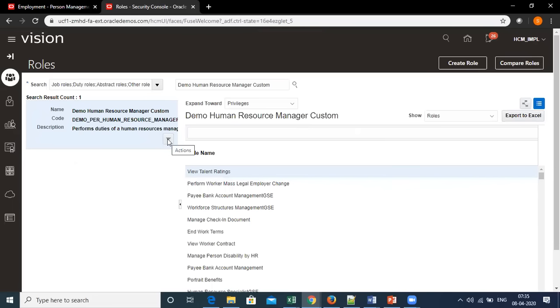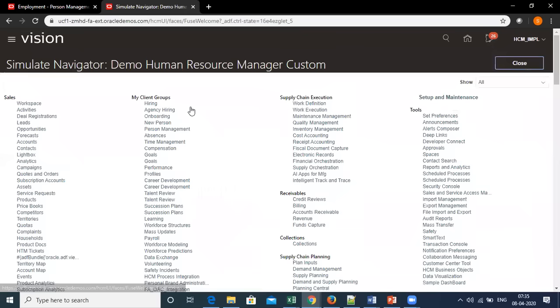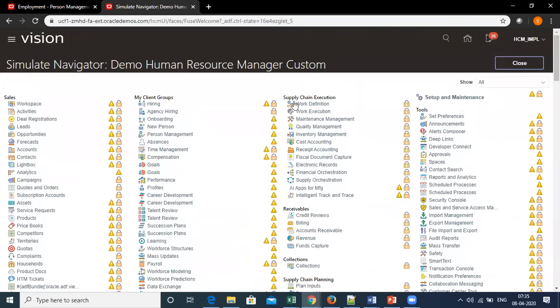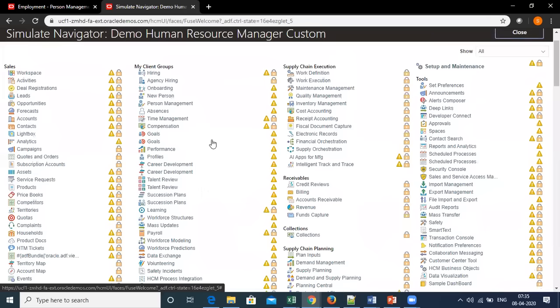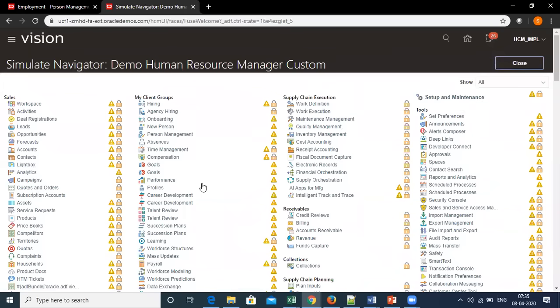Okay. Now, just to make a confirmation of this, let's say I'm going to simulate navigator. It means that I want to check what all access is available through this role. More or less the access is the same because this was a copy of the human resource manager role. Here, if I check, absence is still available, just a minute.